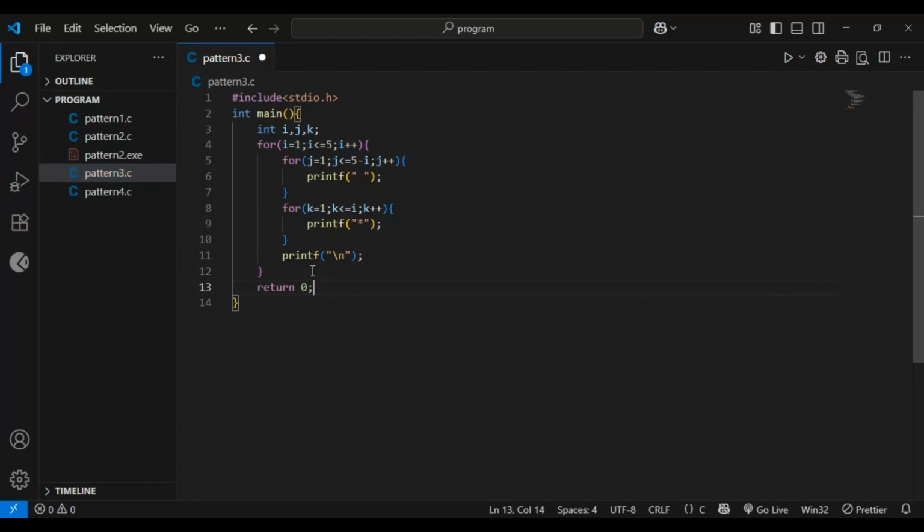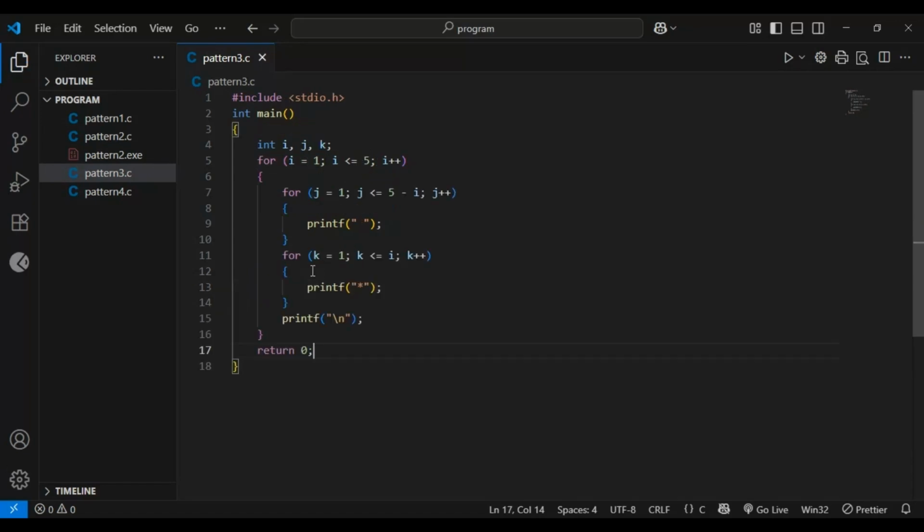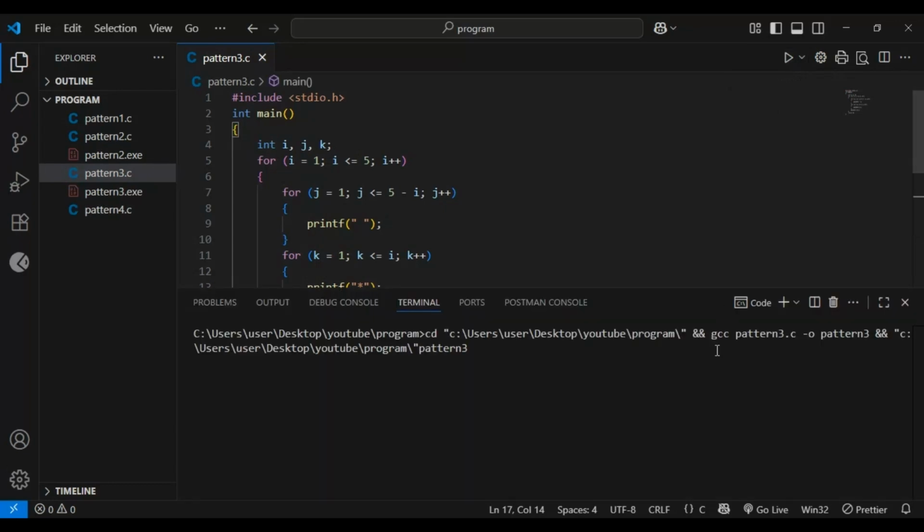Let's save it and run the program. From this, we completed our pattern number 3.